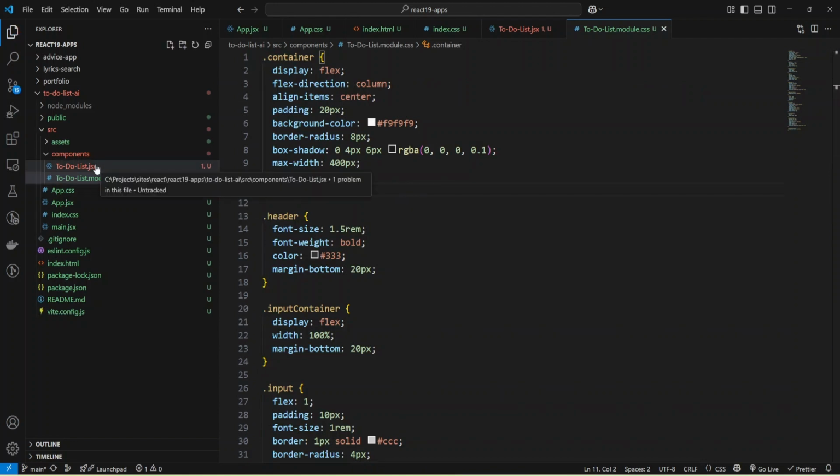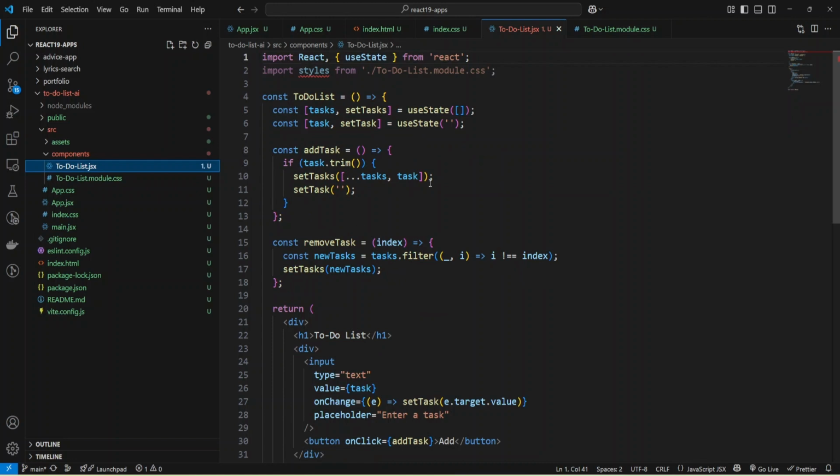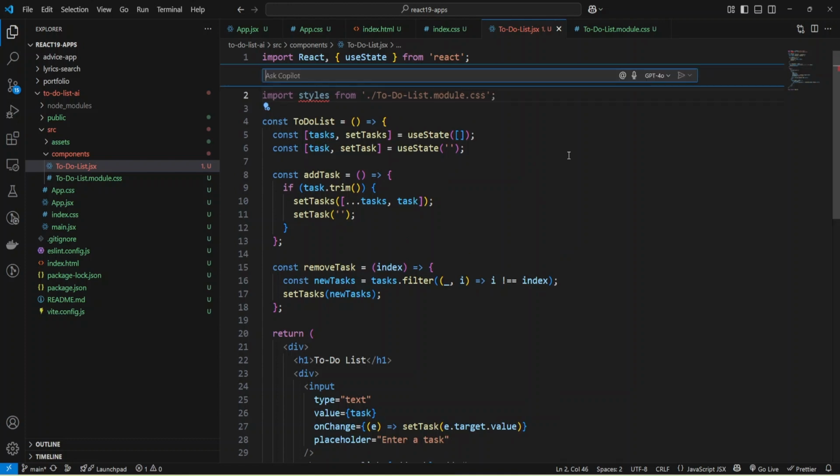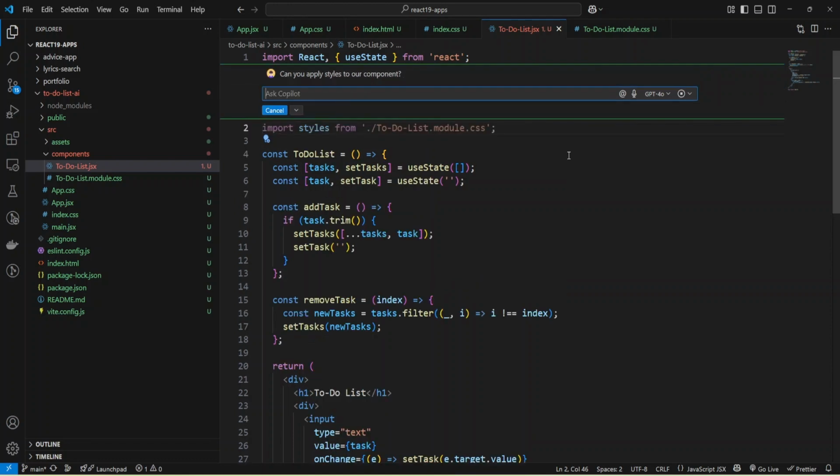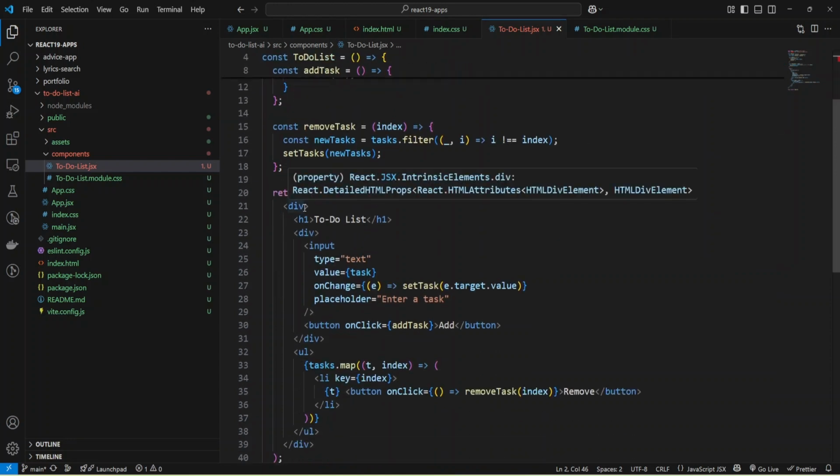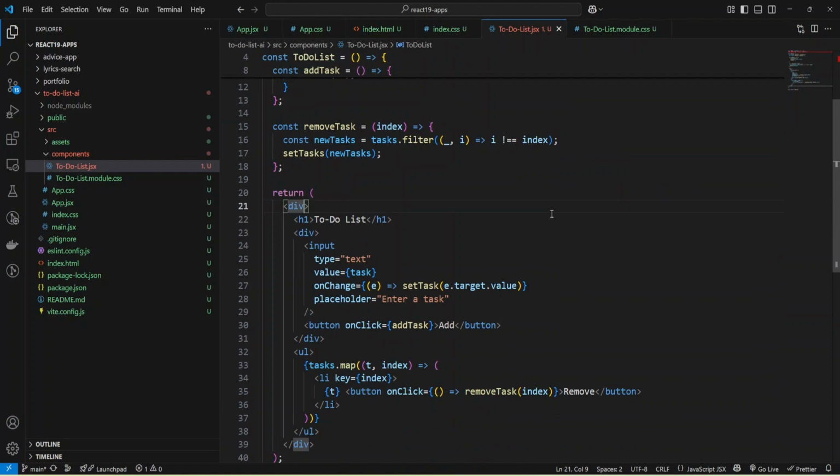And let's go to our to-do list component and ask Copilot, can you apply styles to our component? And let's see. Okay, it didn't do anything, and I'm going to close, and we'll probably ask it here.